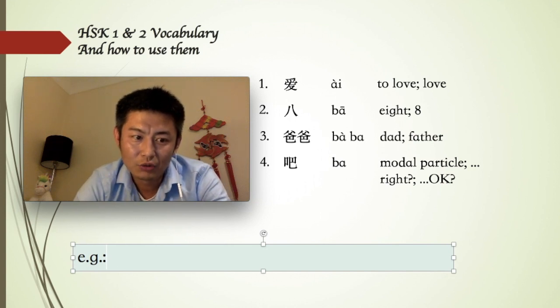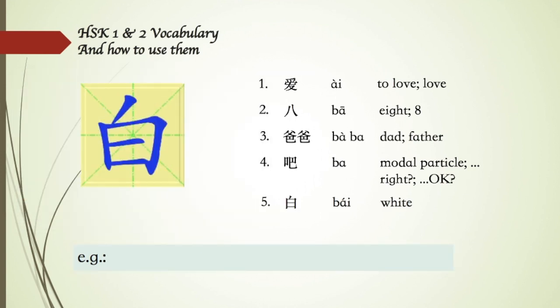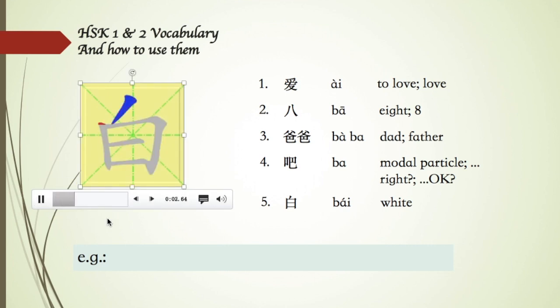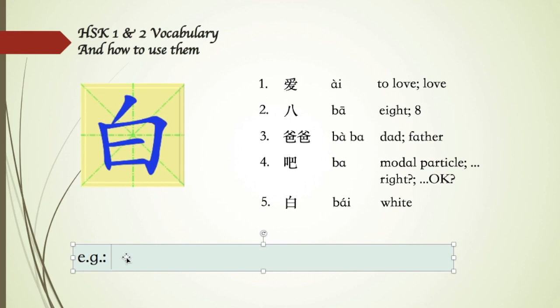Right, now let's go to the last Chinese character according to the alphabetic order. Bai. It means white, the color white, and that's how you write it. Looks like the word 日, the sun, or day, with a little stroke or little hat on the top. That's 白. Right? 白 on its own is a Chinese character that means white. And if you want to say the color white, it's 白色.